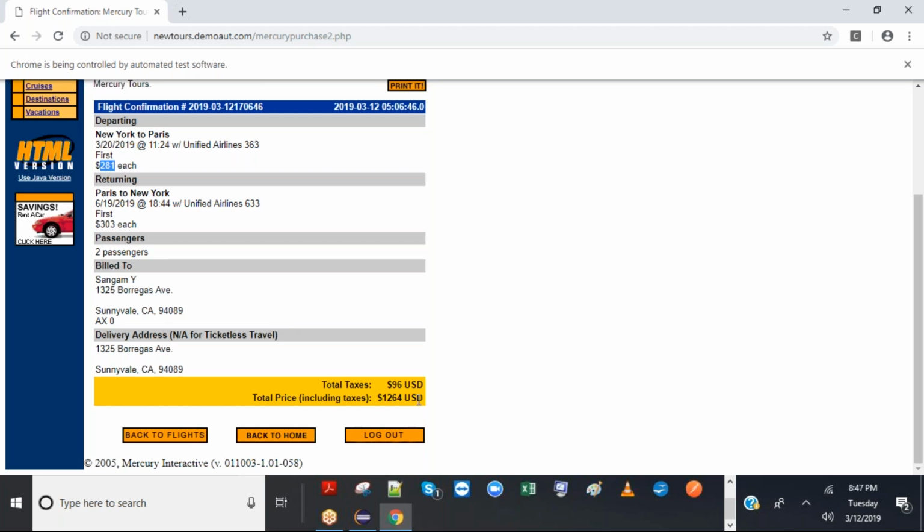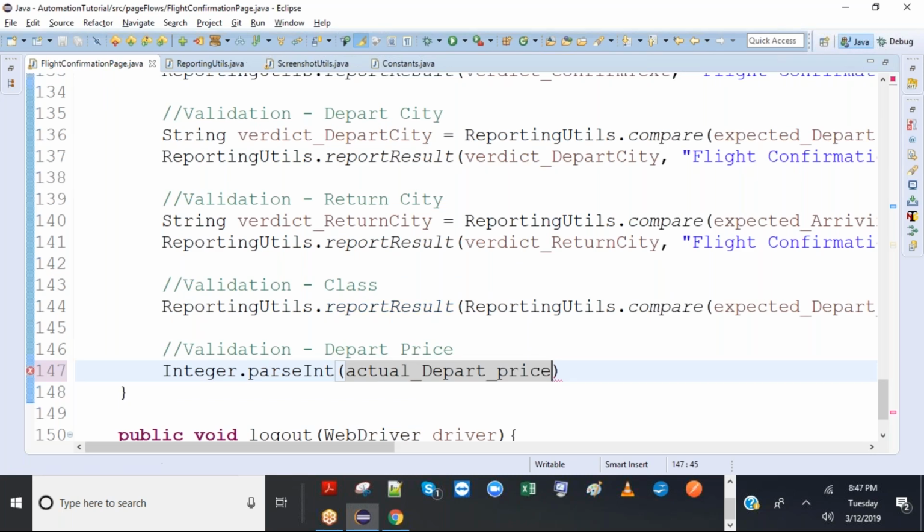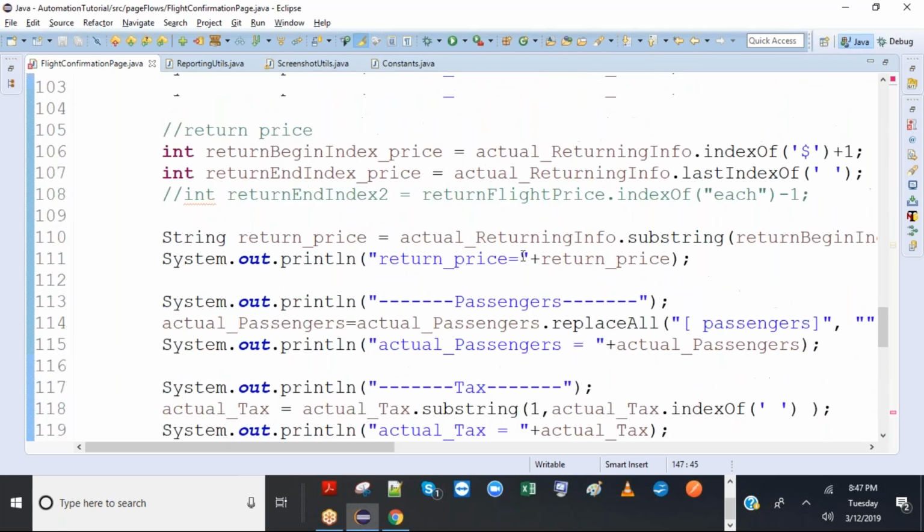So final value, okay, we need it anyway. One second. We already parsed it in the before class, right? Before page, we parsed it and calculated the total price equals this plus this multiplied by this plus tax. Okay, that will give rise to this. So there is no need to do it again. Let me show you. There is no need to parse it.